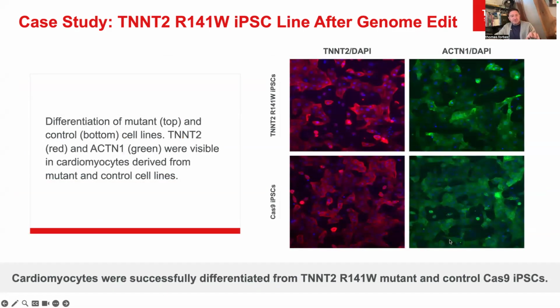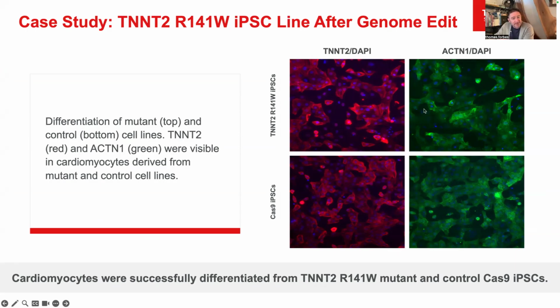After they confirmed the genomic edits, the Cas9 parental controls along the bottom here and the mutant lines were differentiated into cardiomyocytes, as I said. I think you can appreciate here that, similar to the Cas9 parental line, the troponin T2 mutants differentiated normally. We can see this is evident here with both the mutant and the control lines down here and the mutant